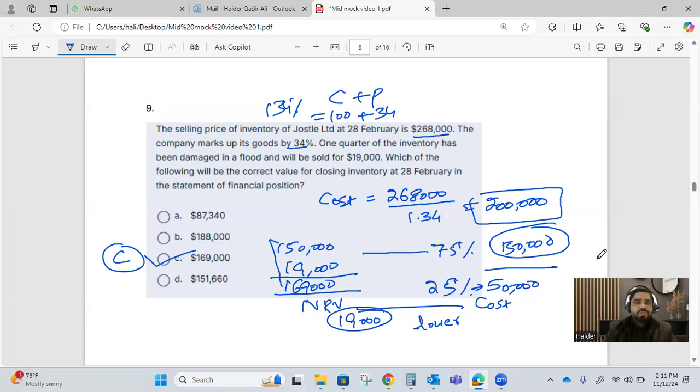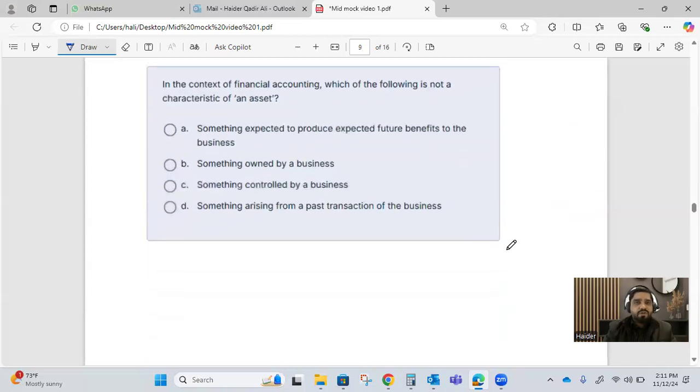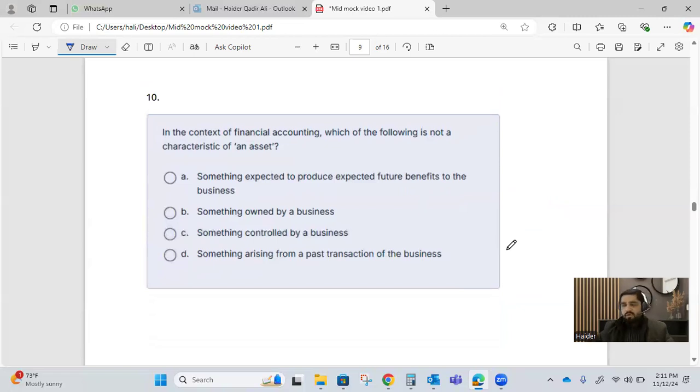So let's go to question number 10. Here we go. Question number 10 says, in the context of financial accounting, which of the following is not a characteristic of an asset? By the way, students, you need to understand the meaning of an asset. Just to clarify your doubts, assets are considered the financial resources